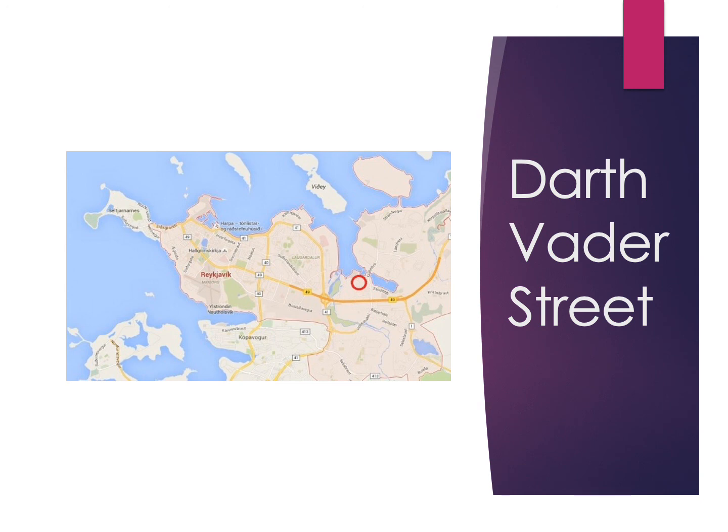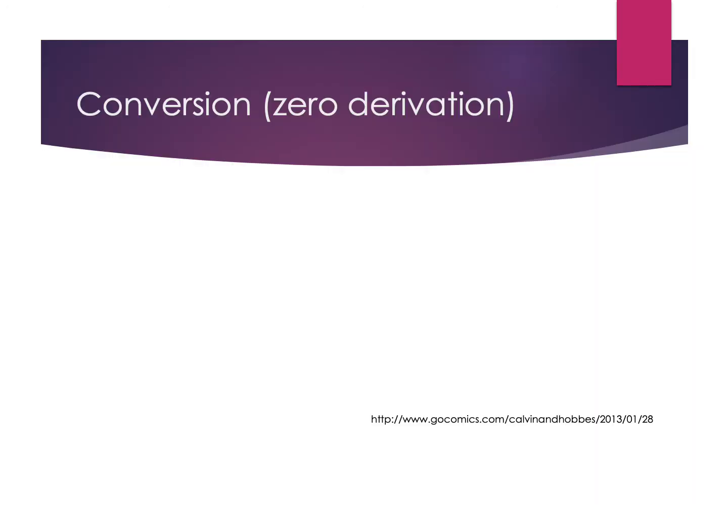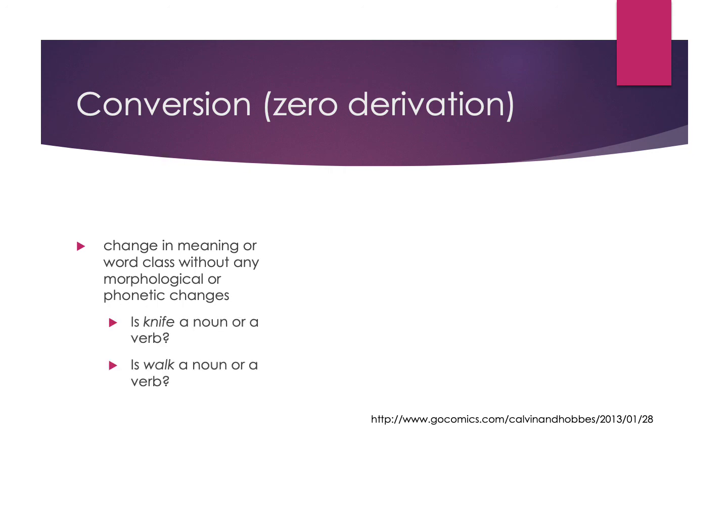The last one that I'll talk about is conversion, which is also known as zero derivation. This is something that we do frequently in English without really thinking about it, where we're changing the meaning or the word class, but we're not adding any morphology or changing the sound in any way. So in isolation, if I say, is knife a noun or a verb, you might not know. Or if I say, is walk a noun or a verb, in isolation, you might not know. You need the context to know because we can use them in either way depending on how we're using them